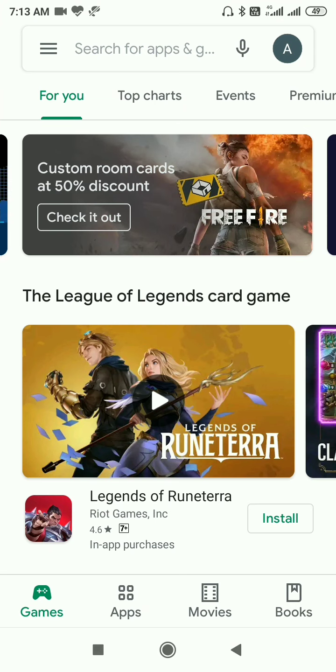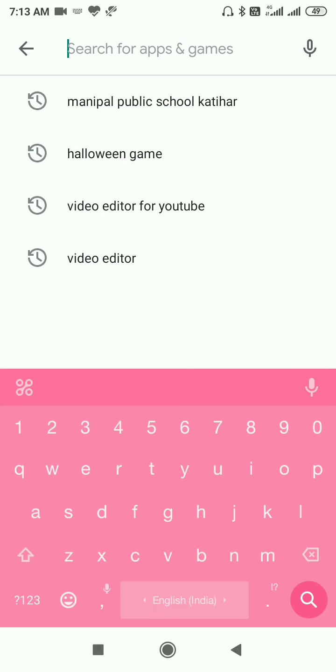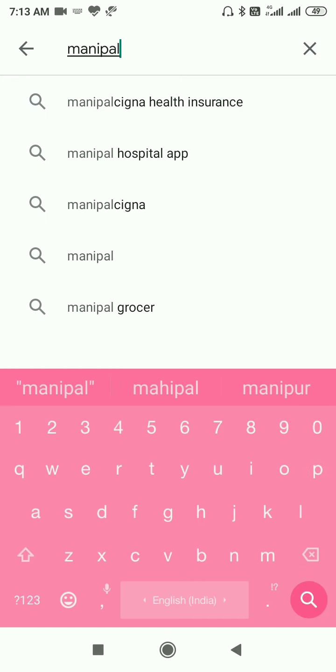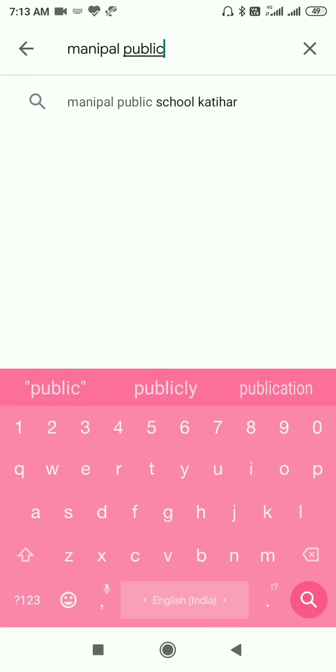Here what you have to do, you have to type Manipal Public School Katihar in full. Then only you will be able to directly find the app. Otherwise you will have to scroll for long.